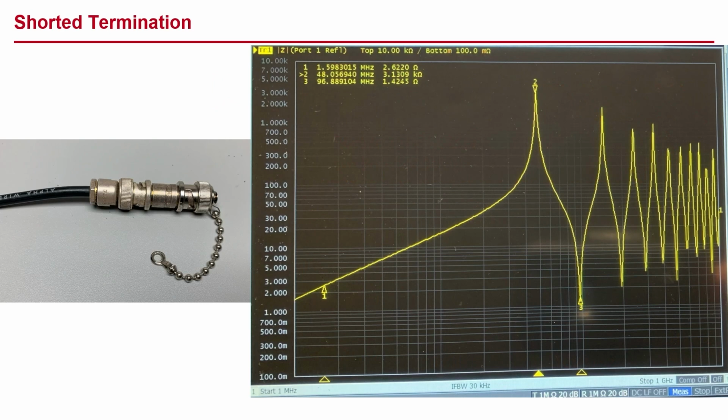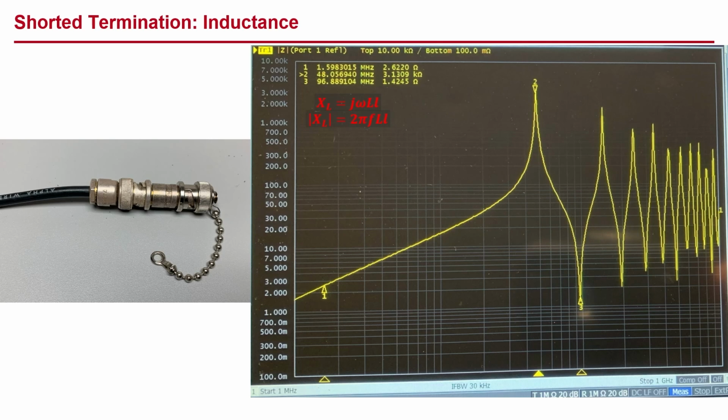Now let's look at a shorted termination. We can clearly see the same general shape as our theoretical prediction. At low frequencies, where the cable is electrically short, the inductance dominates. In this linear part of the curve, we know that the measured reactance equals j omega times capital L for inductance per unit length, times lowercase l for length to give us the total inductance. We're only interested in magnitude, and we substitute 2 pi f for omega.